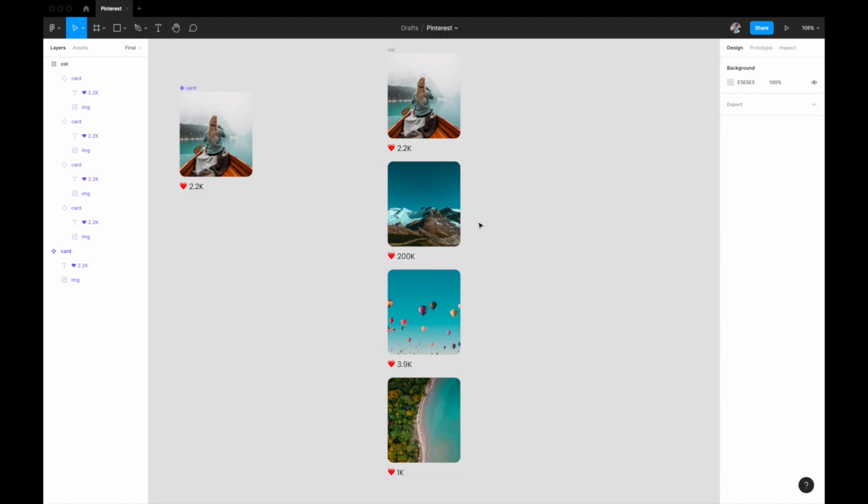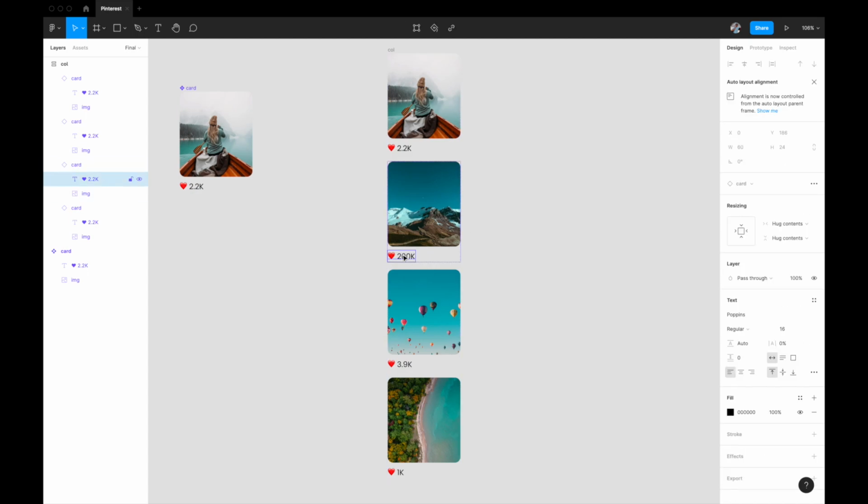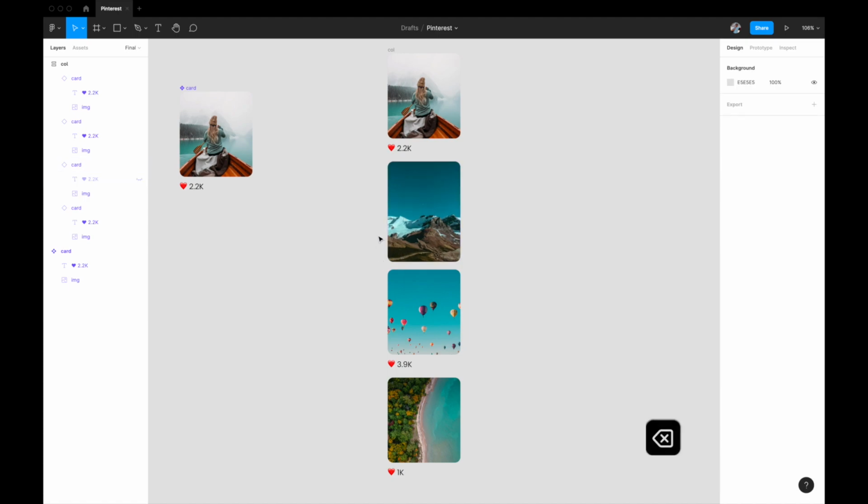And in case you remember, in the Pinterest UI, in some places there was text and in some places there was no text. So if you want to remove the text, you can do that as well, and auto layout will quickly fill up all the space that is available to it, maintaining all the constraints. So that's the really good part about creating auto layout.